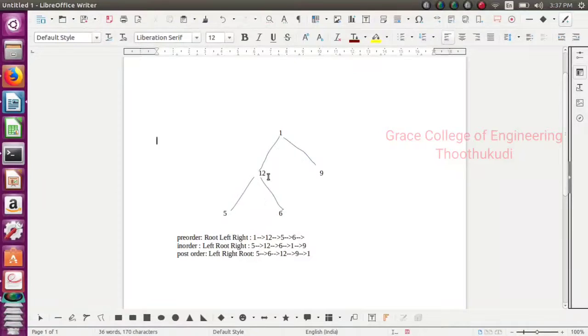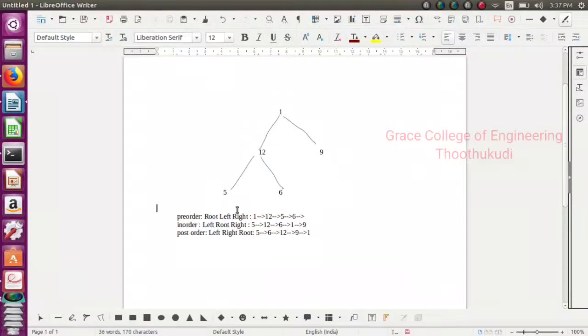Let's perform the pre-order traversal of that tree. Pre-order means first process the root, then left, then right. Moving from the top, the root is 1, so write 1 first. Then move to the left, where I have 12. 12 is a root of 5 and 6, so write 12.